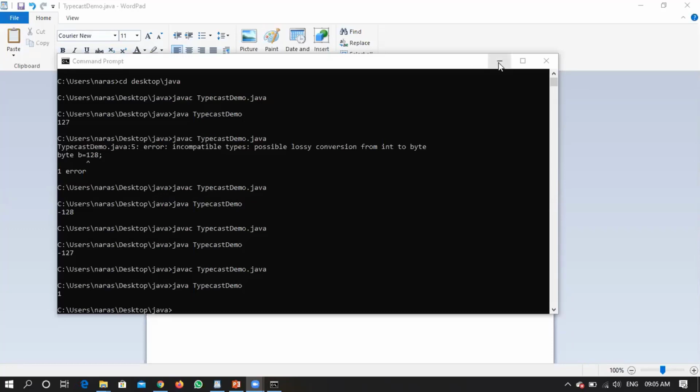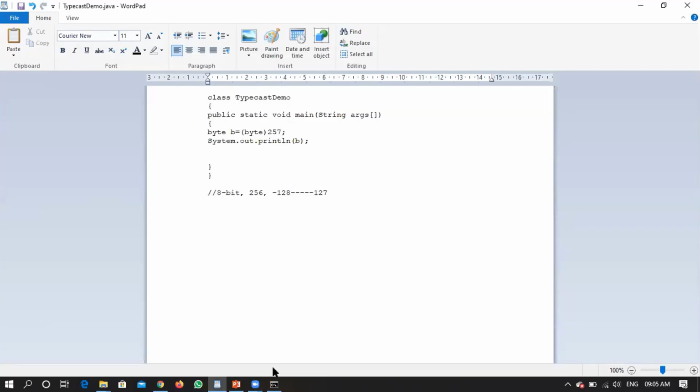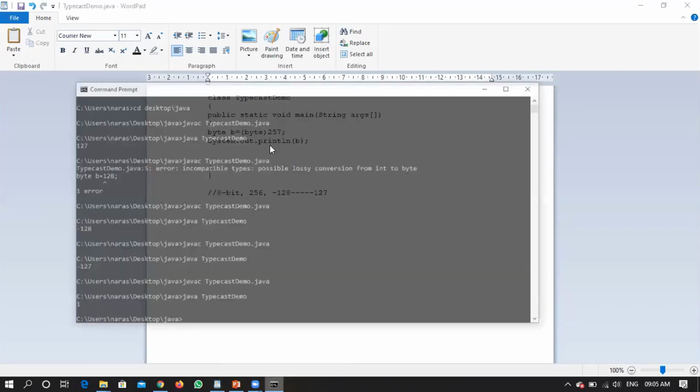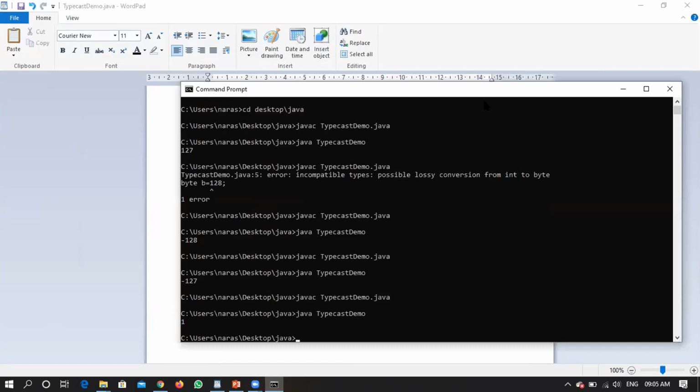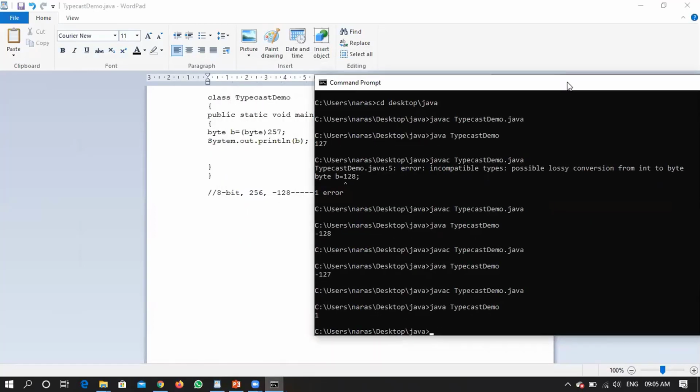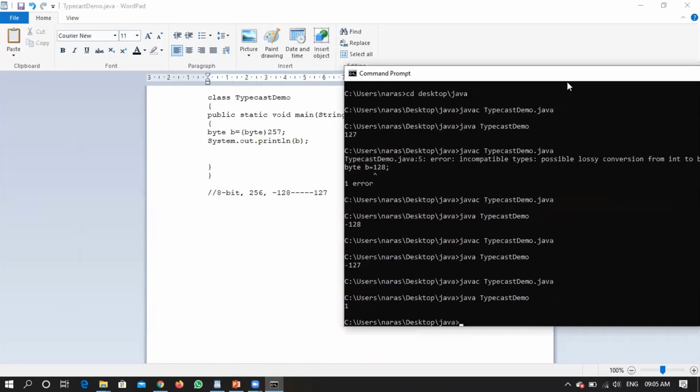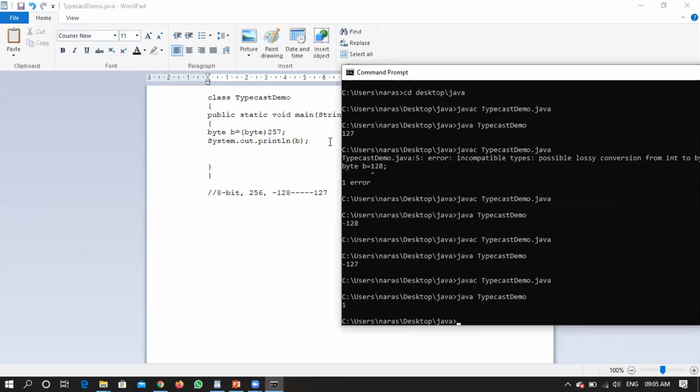Now look into the program for a minute. I will be displaying the output also on the side. This is the output and that is the program. We have done so many different changes with respect to the same program. Meanwhile, I'll take a few questions from the chat box.